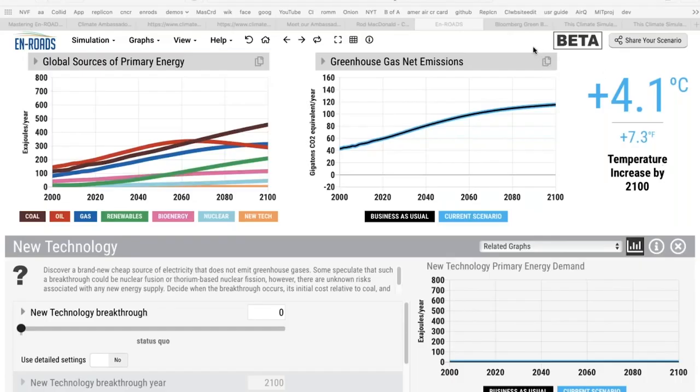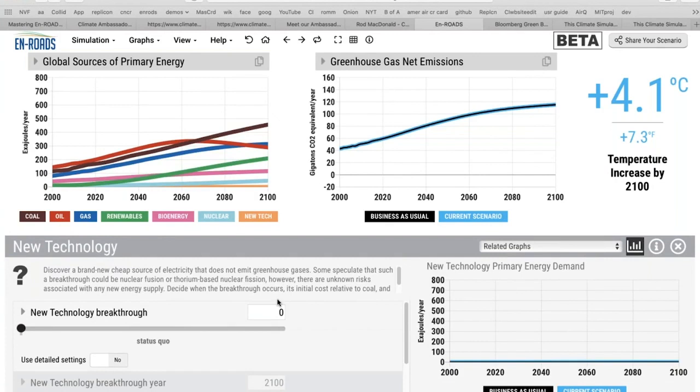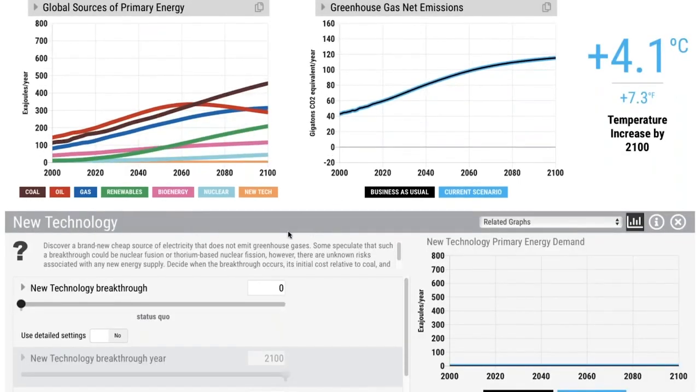So now, can you see the model? Yes. Okay. So the question was about new technology. How would it be that if a new technology was discovered immediately, it wouldn't solve the problem? So I'm going to make this really big. What we imagine with new technology is nuclear fusion or thorium-based nuclear fission.